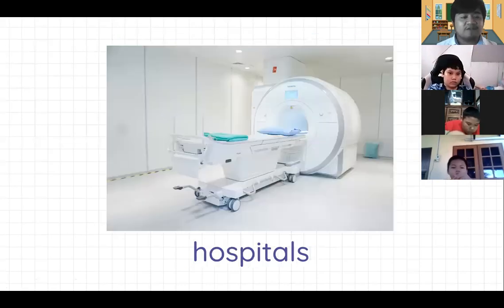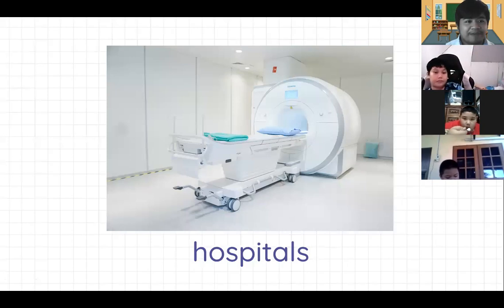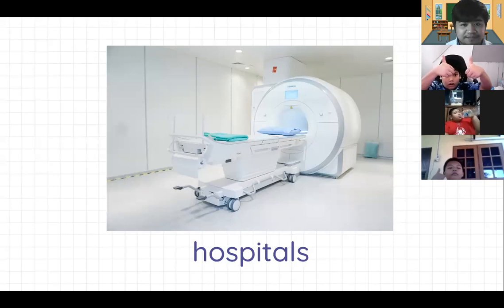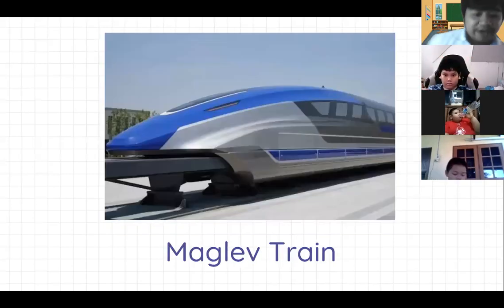Next, we have hospitals. They use electromagnets for MRI, okay? So this one is called an MRI. It uses electromagnets to take pictures inside of our body. It's like X-ray, okay? All right. And also we have